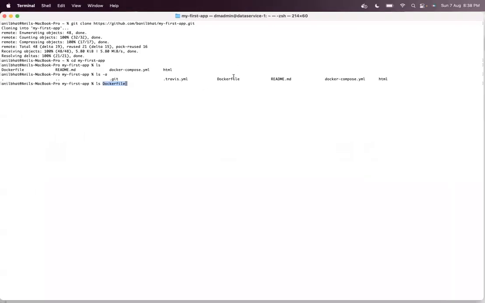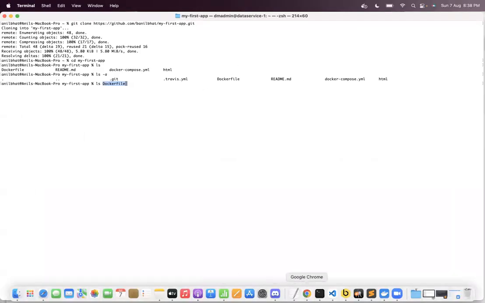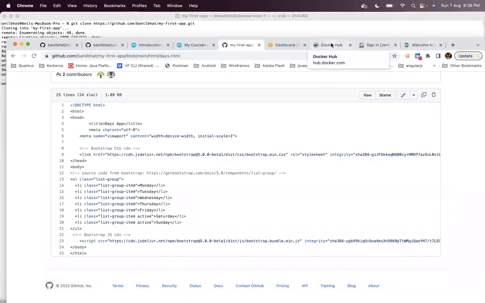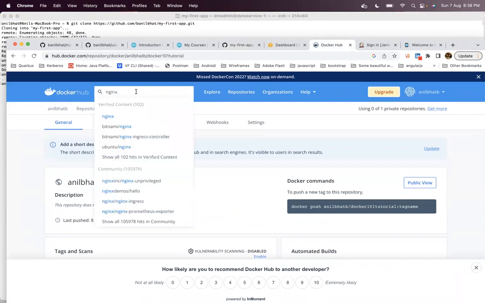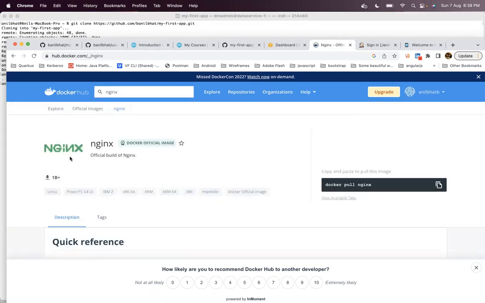So in Docker Hub, there should be an image called nginx. You can go to dockerhub.com and search for nginx. Now you can see that there is a repository called nginx, which is the official build of the nginx company.